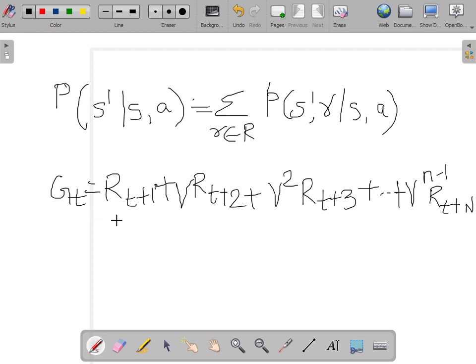Now, this r is the reward value. As I said, in reinforcement learning the reward value can be a positive value or a negative value, based on the action the state has chosen. If the action is in a better way, then you get a positive value. If not, then you get a penalty, and that penalty is your reward with a negative value. That means in reinforcement learning, at every state an agent gets a reward, positive or negative, depending on whether it is a reward or a penalty. That's why r is positive or negative here.